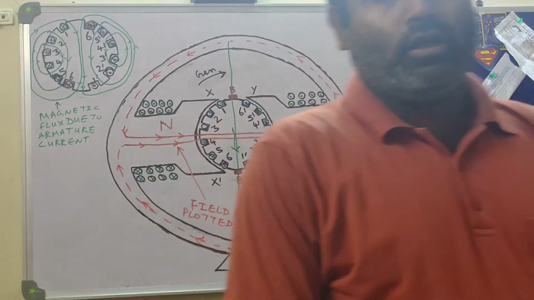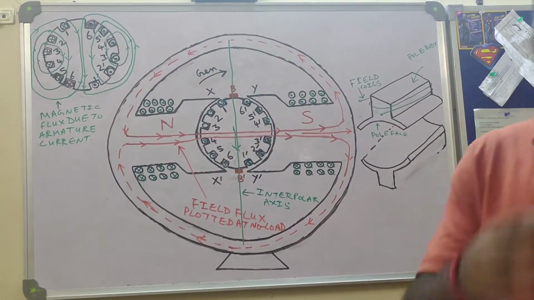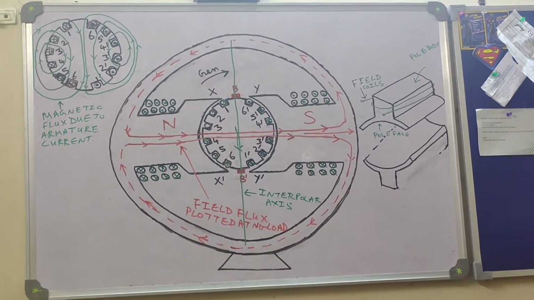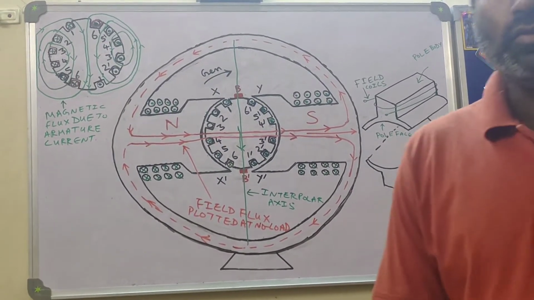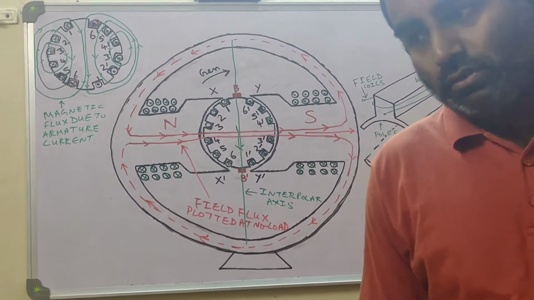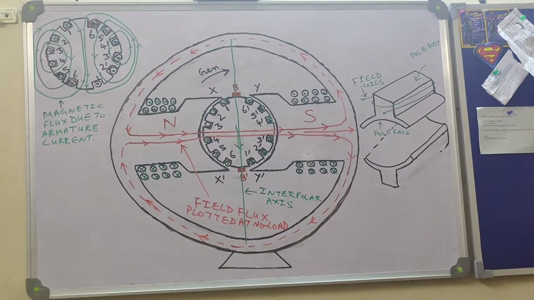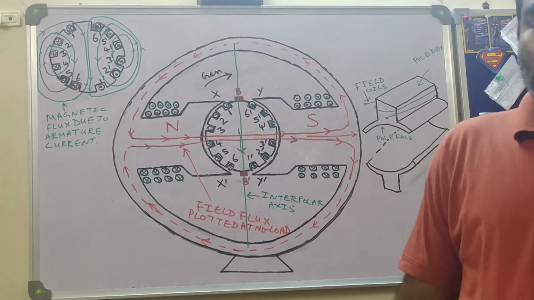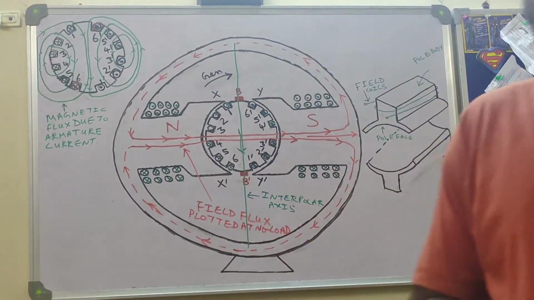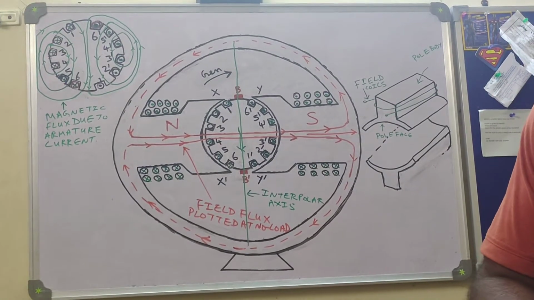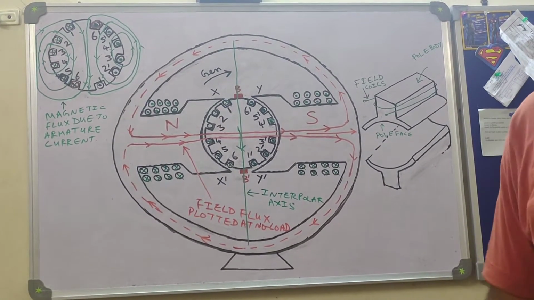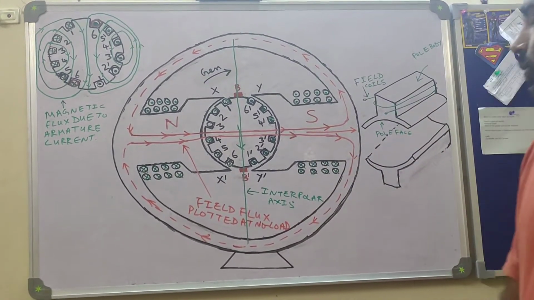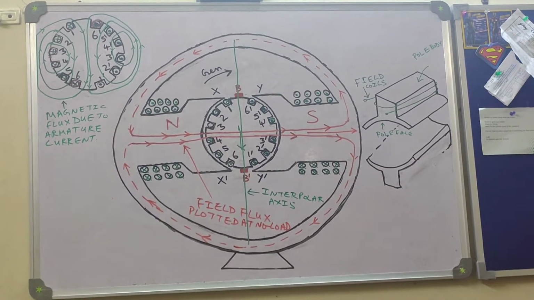Now I need to tell you where we should make the cut on the DC machine so as to take the developed view, because we need the developed view of the DC machine to find the space distribution of MMF variation. In my earlier video lecture, I have already completed the explanation of the space distribution of armature MMF of a DC machine. Now in this video lecture, I will take up the space distribution of field MMF in a DC machine.